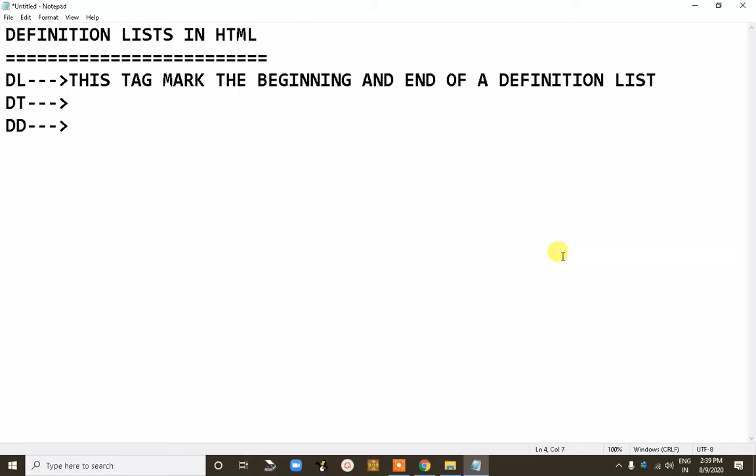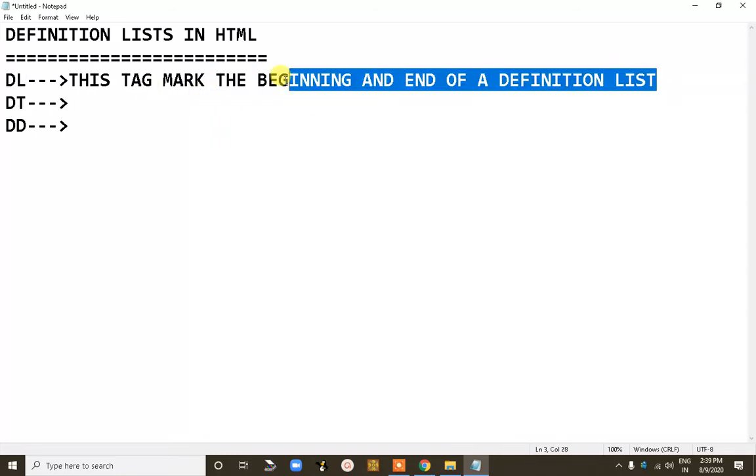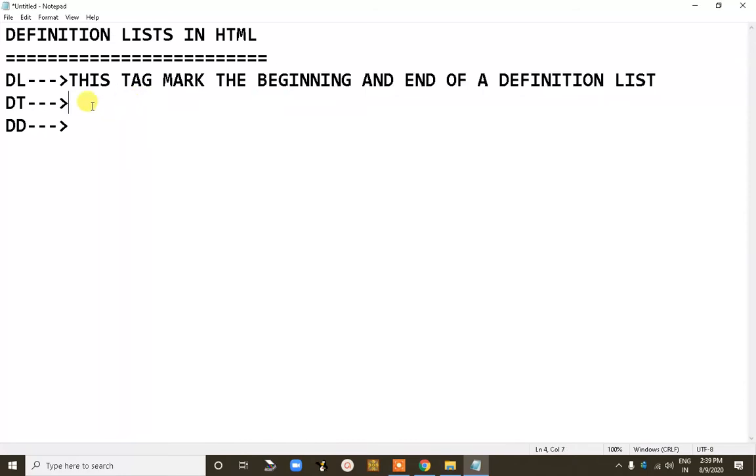So the purpose of this tag, definition list DL tag, is that it marks the beginning and end of definition list.